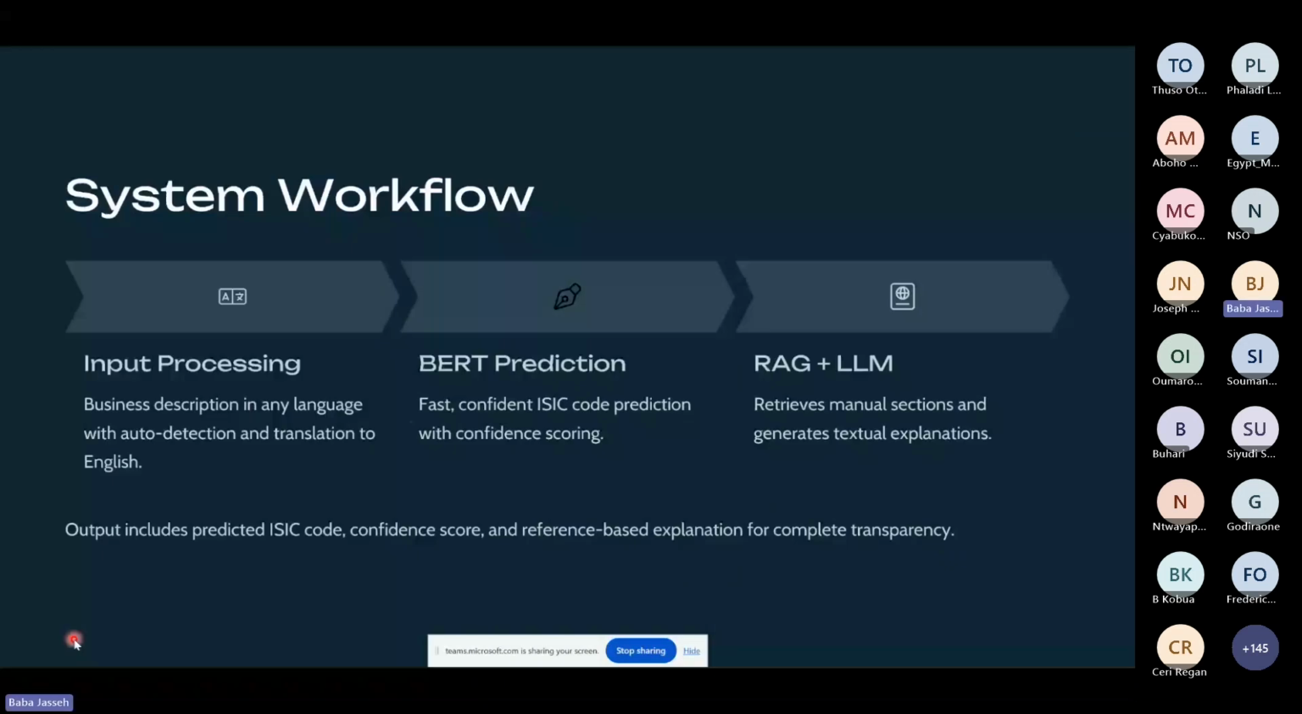And in a nutshell, the system workflow is like this. You give the business description in any language. We're using the Google Translator to translate it back into English, as the BAT itself, the model that we're using, understands English. So the BAT will now do the prediction. And remember that BAT will do the prediction so quickly. The ISIC code prediction with confidence scoring will also be shown, and it will be passed to the RAG with